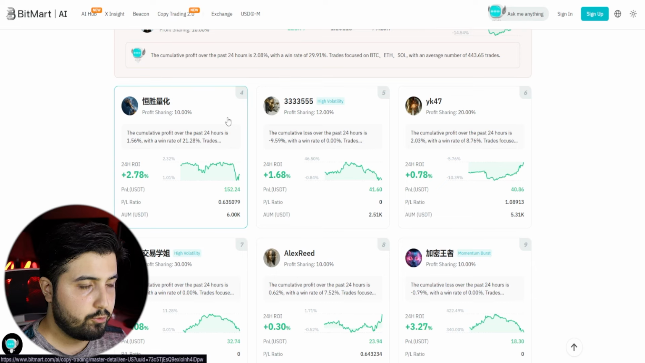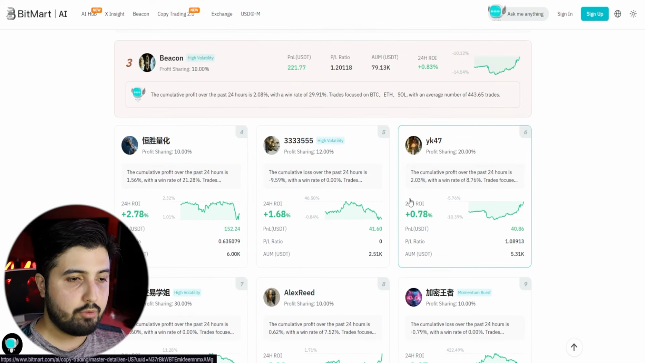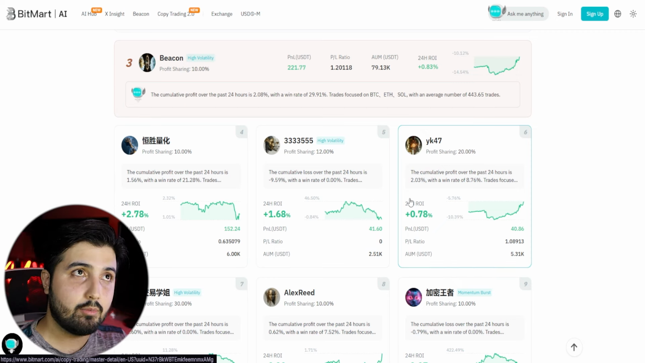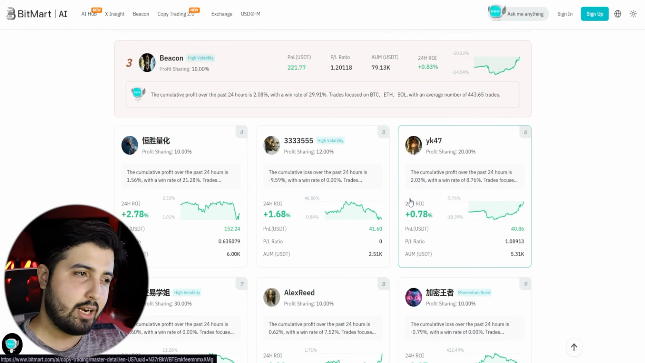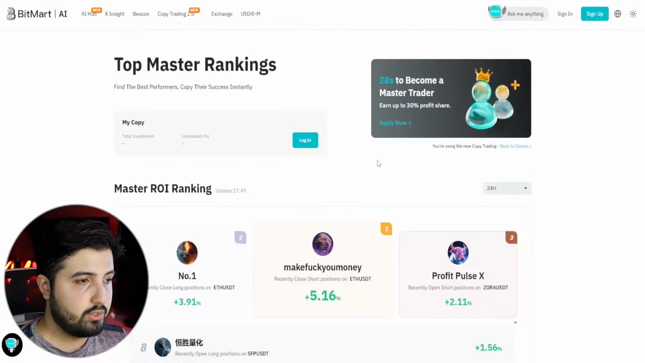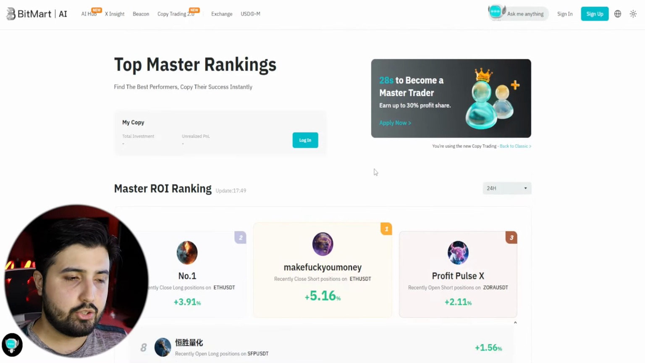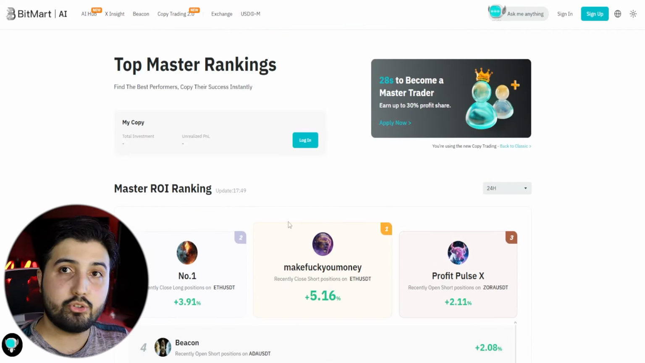You can see the profit sharing, which ranges between about 10 to about 30%. I think 30% is maximum. And the average is about 10%, which is the profit that you share with the trader that you copy. And they only earn through you if you profit. If they don't generate profit, they earn nothing. So it's kind of like a built-in incentive program for them. So this is an overview of the top master rankings where you can find the best trader,